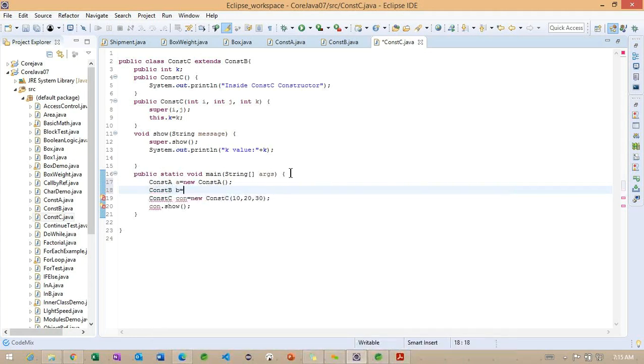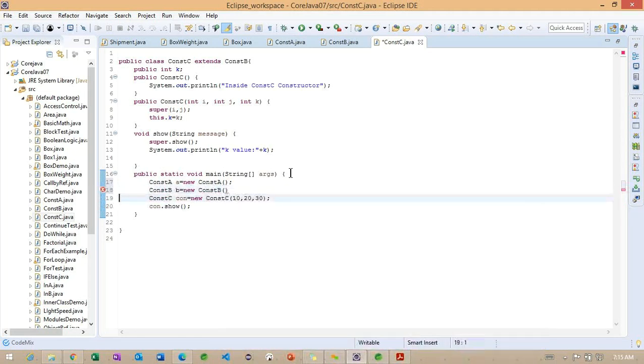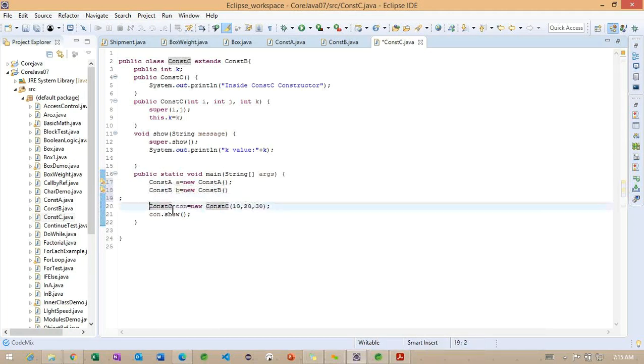So constructor B equals new constructor B, and okay, I want to copy the same without this particular parameterized constructor.